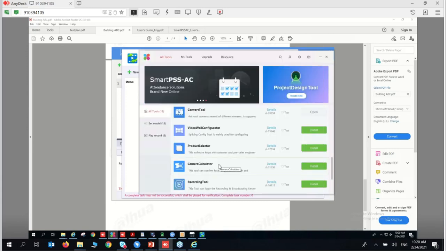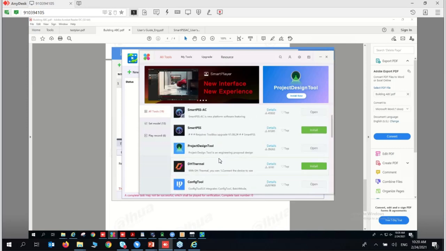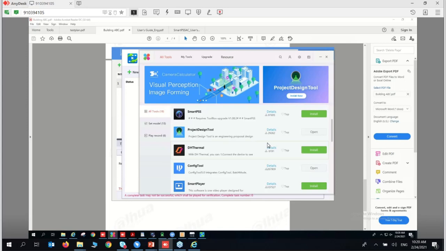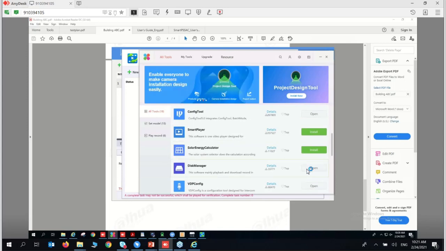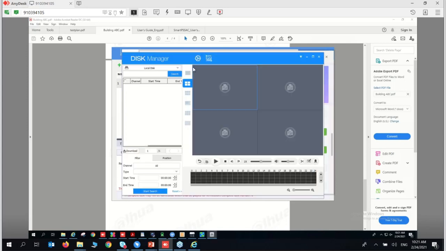Now the next one is disk manager. Pull that up here. Okay, disk manager is really helpful, for example, if you're using a mobile NVR and you just want to take that hard drive out and plug it into your computer. This is where you would make that happen. Once your external disk is plugged into your computer, you can access all the network videos that are inside the